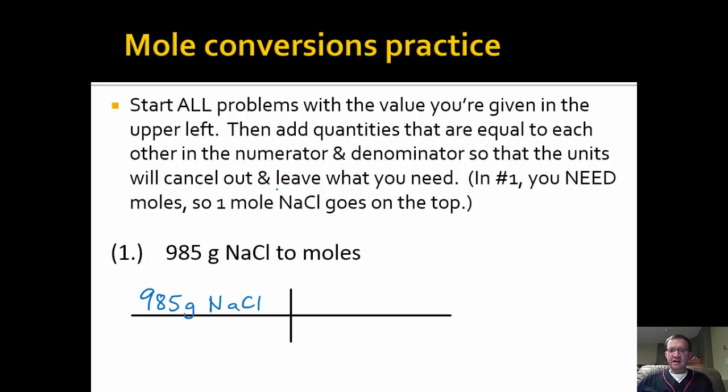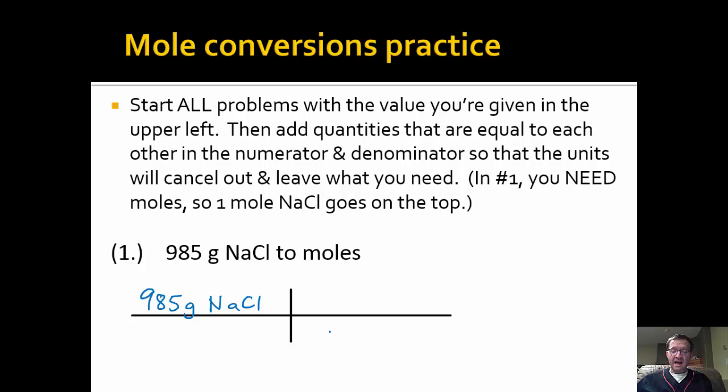And then the next box, it says add quantities that are equal to each other in the numerator and denominator so that the units will cancel out and leave you what you need. In other words, I'm trying to get rid of grams and I'm trying to get to moles. So since I'm trying to get moles, I need to put that on the top, and the grams should go on the bottom. Now, based on our previous information, we know that 1 mole of sodium chloride has a